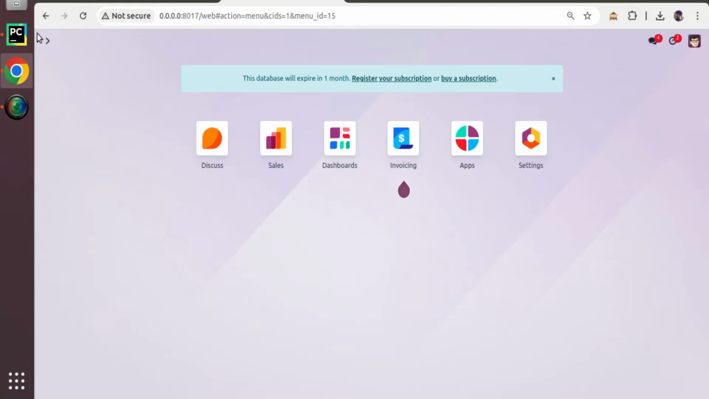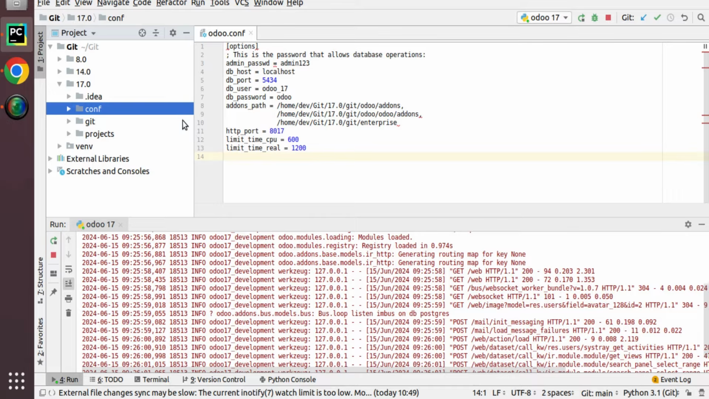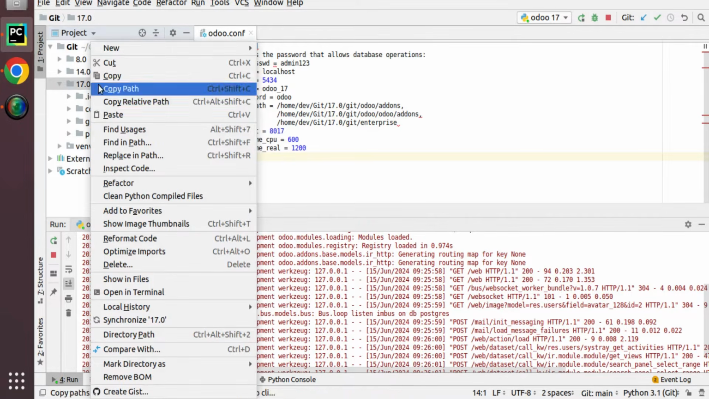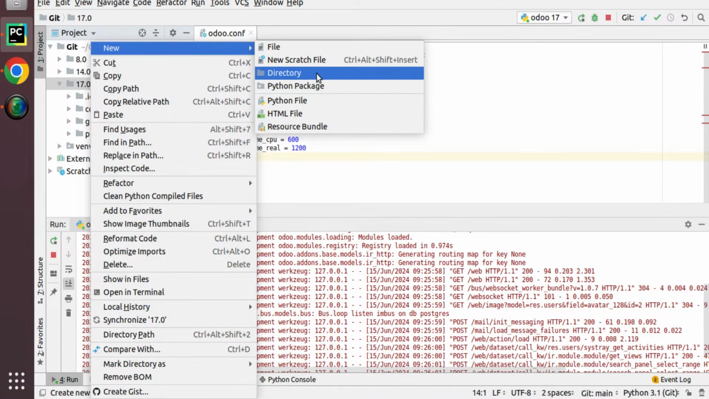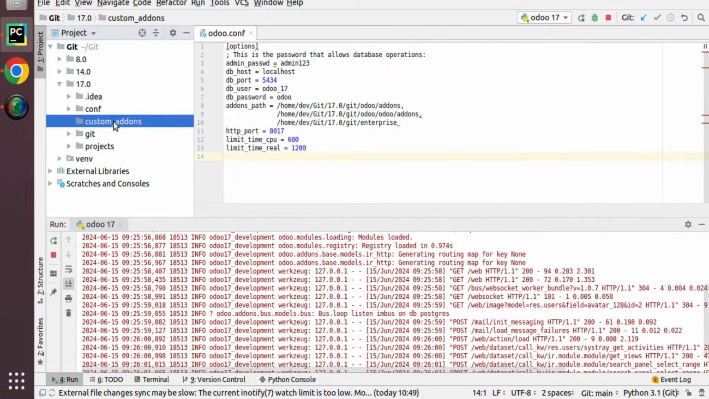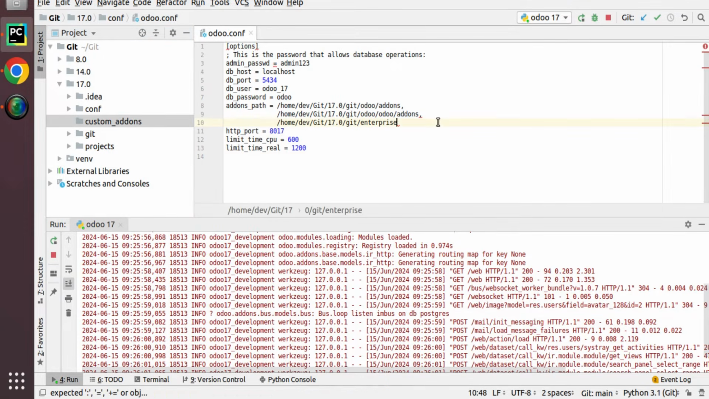So let's create our first module in Odoo. First of all, what you have to do is set up your custom addons path. This is the Odoo source code, we won't touch it. So inside my 17 directory, I'll create a new directory called custom addons. I have created a directory called custom addons, and you have to copy its absolute path and put it